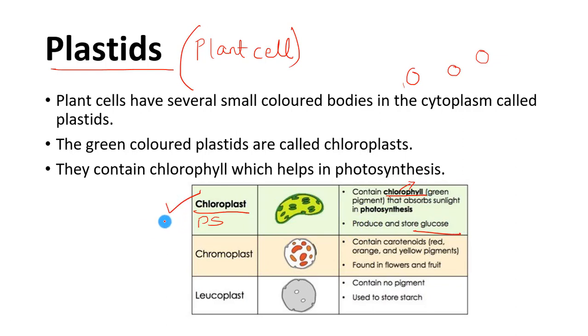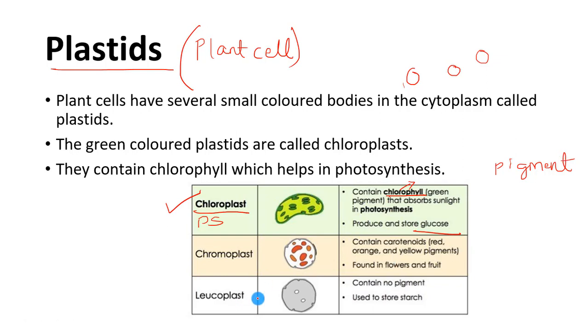Okay, so why is the plant green in color? The green color of the plant is because of a plastid present, that is chloroplast. And what is the name of the color present in it? Green pigment, that is chlorophyll. Okay, color in biology can be called a pigment, which gives a specific color.